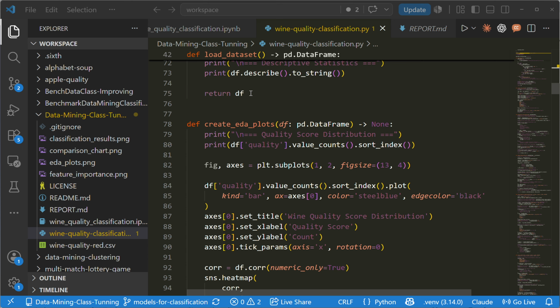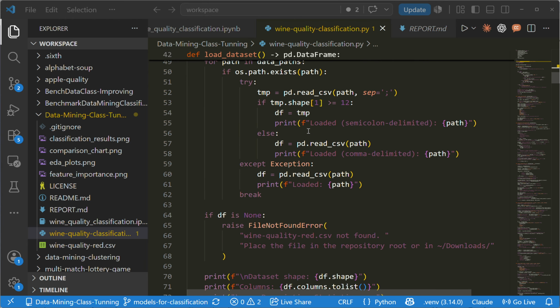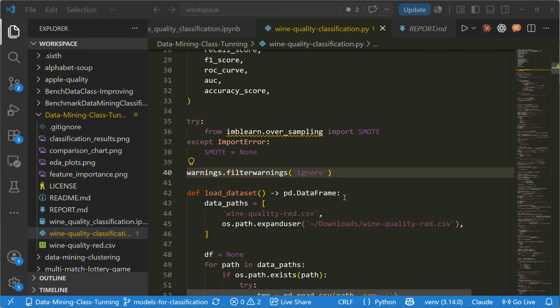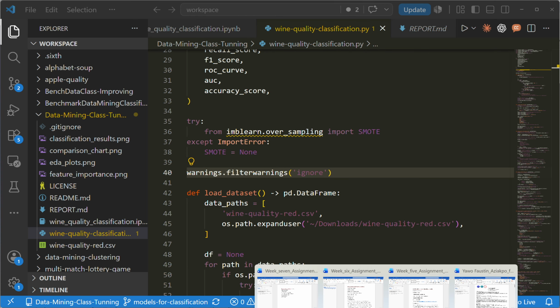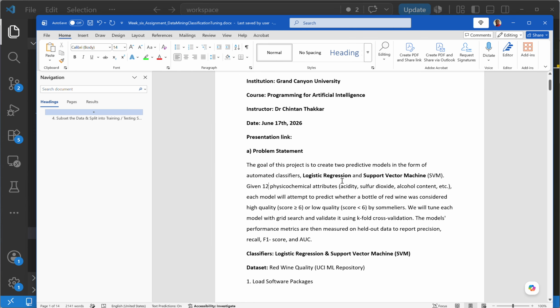The data mining classification training on assignment 6. The goal of this project is to create two predictive models in the form of automated classifiers, where I'm going to use logistic regression and support vector machine. So before I come down to the assignment on the Word document, let me explain what